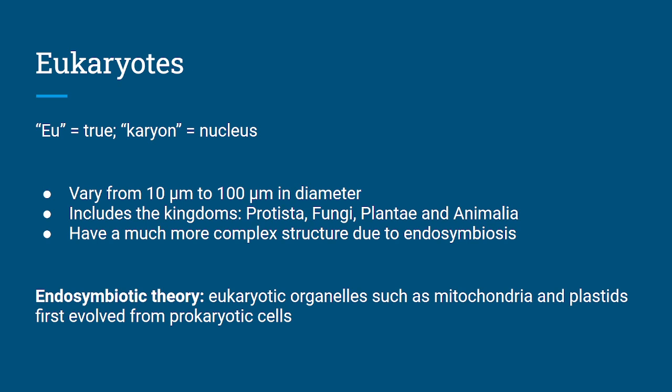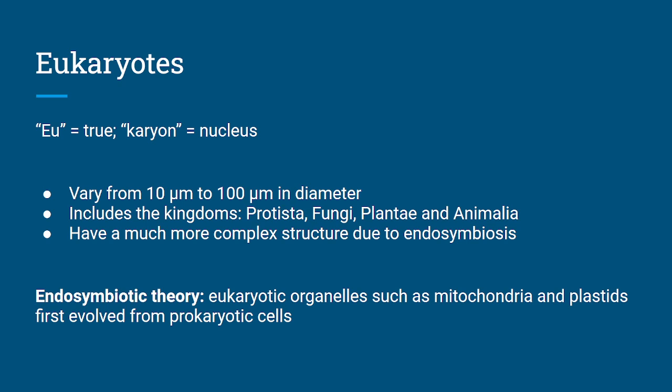The first kingdom is Protista, which are unicellular or multicellular organisms that have no specialized tissue. We have fungi, which have a cell wall made of chitin, and they obtain nutrition via heterotrophic absorption. We also have plantae, which are plant cells, and they have a cell wall made of cellulose, and they obtain nutrition as autotrophs, and this is due to photosynthesis. And then we also have animalia, which are animal cells, and they have no cell wall, and they obtain nutrition